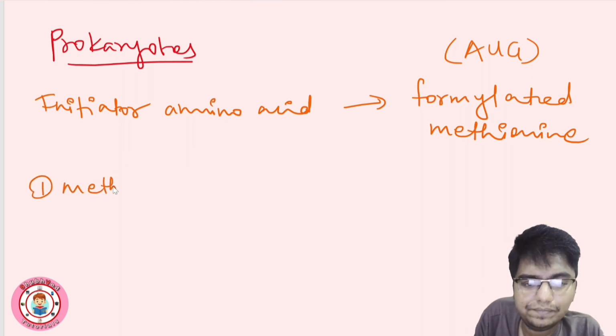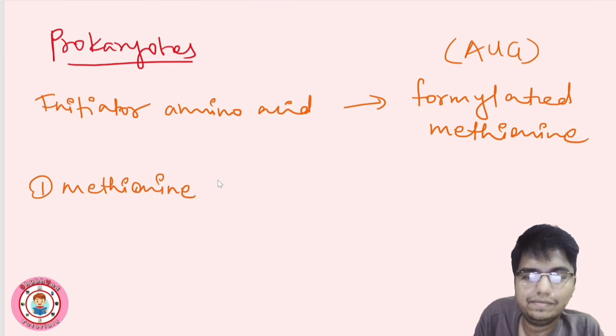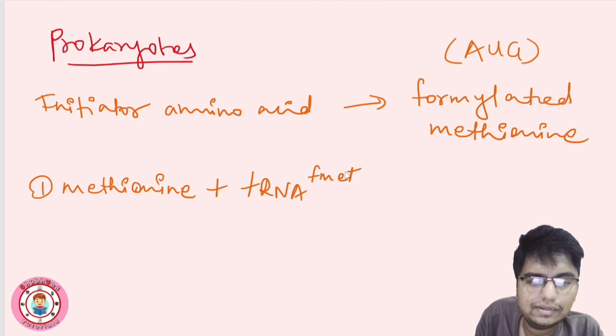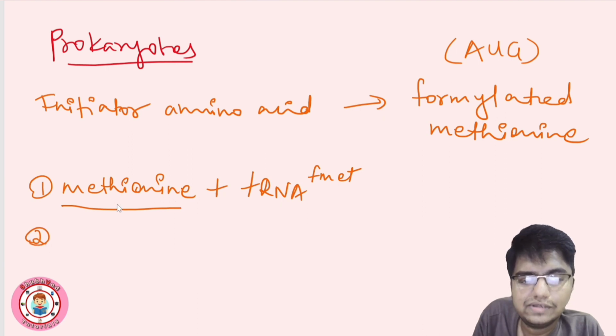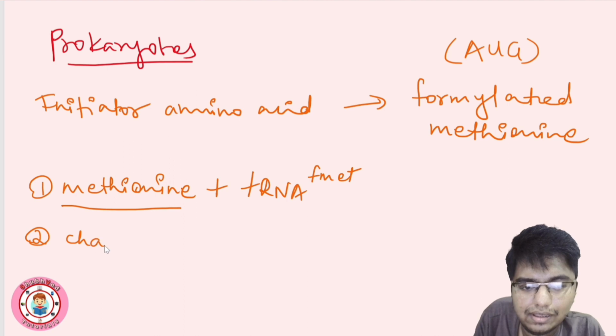methionine comes and binds with tRNA, which is specific for methionine, FMET, right? Initiator tRNA है, okay, for formylated methionine. Methionine first of all comes, उसके बाद रिएक्शन से दिस इज चेंज टू formylated methionine, changed to FMET,